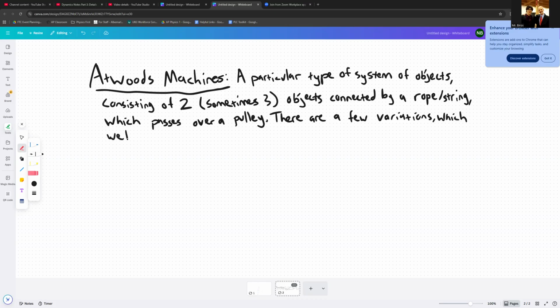We'll get to those in a little bit. Okay, cool. Now, there's a few things that are important. So, importantly, the following. First of all, we're going to do just a few of these bullet points, and then I'm going to go ahead and draw an example of an Atwood's machine